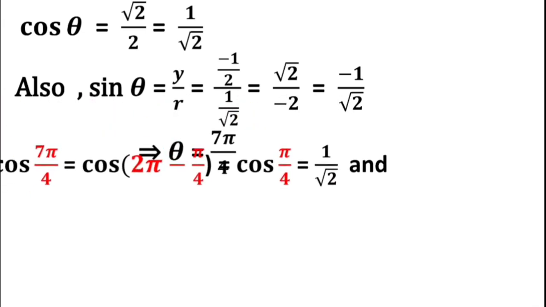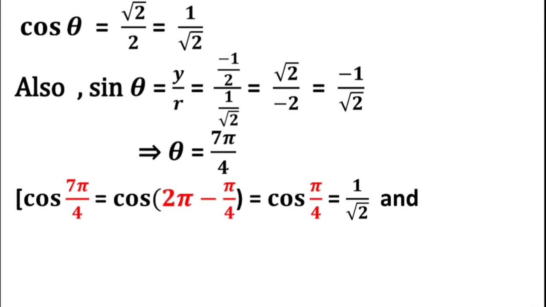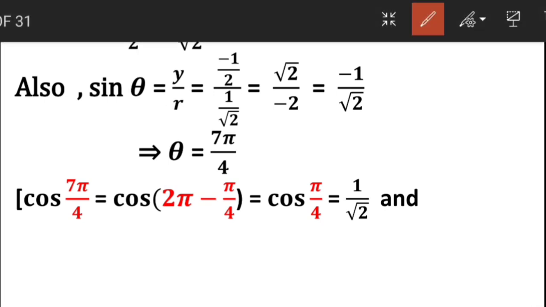How does it become 7 pi upon 4? We have cos of 7 pi upon 4 is equal to cos of 2 pi minus pi by 4. Because for which angle does the value 1 upon root 2 come? For cos and sin, it is pi by 4, that means 45 degrees. Okay, 45 we will subtract from here, that is cos of 2 pi minus pi by 4. It becomes 8 pi, taking cross multiplication, 8 pi minus 1 pi, that is 7 pi by 4, and cos of 2 pi minus theta is cos theta. Okay, or particularly it is 2 pi minus something, 2 pi minus something in fourth quadrant.